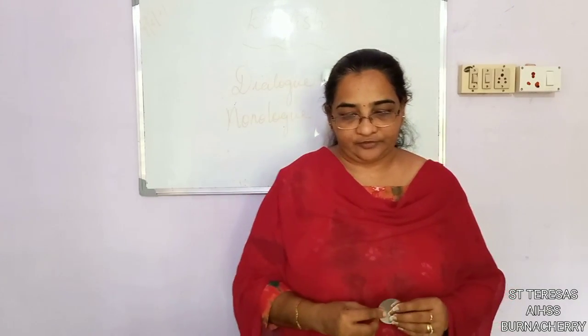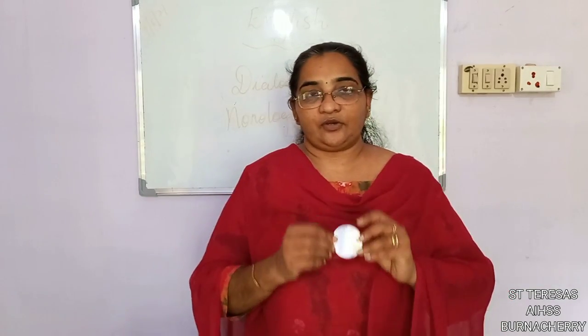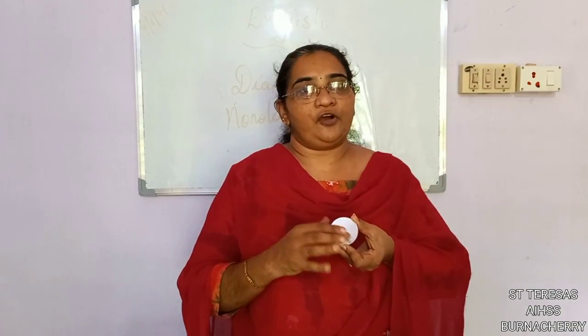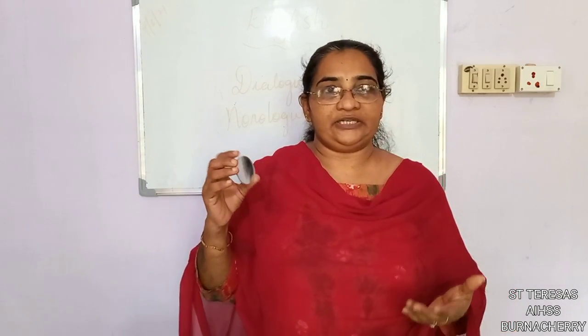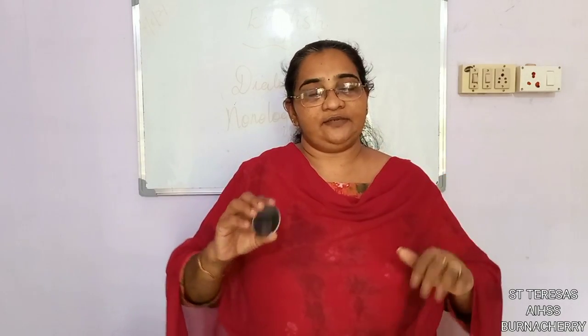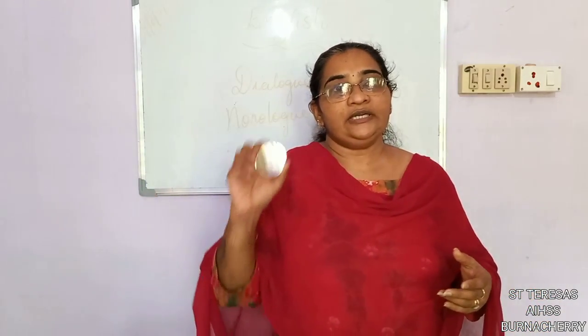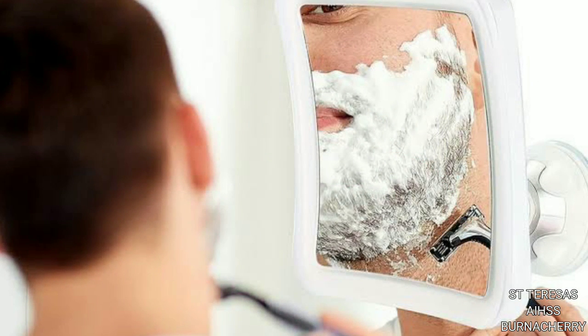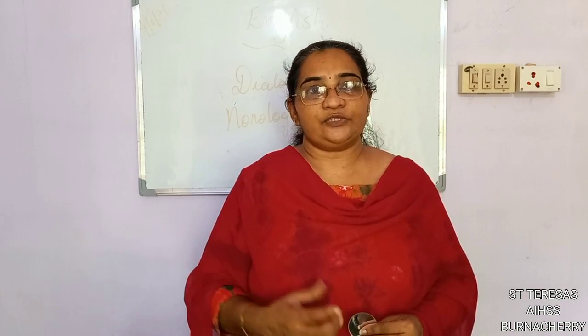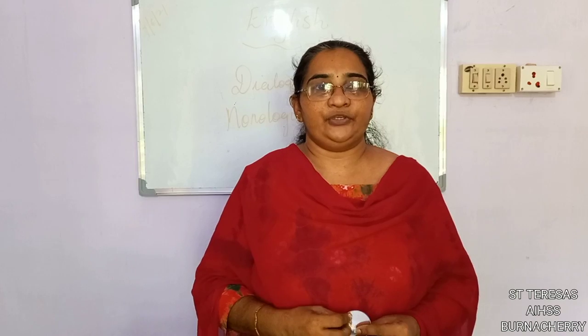Now, for example, a concave mirror. What is the use of a concave mirror? We saw that when you bring it closer, an enlarged image is formed in a concave mirror. When you keep it far, you can see the inverted image. But when you bring it close, the real person will be enlarged. So these type of mirrors are used in shaving mirrors, because we can get a closer view of our face,